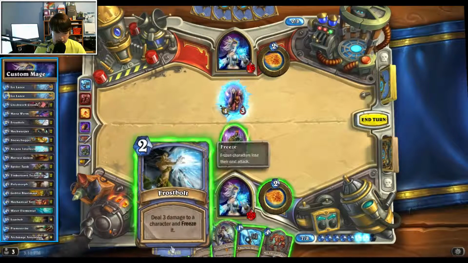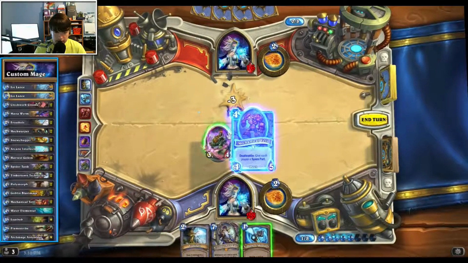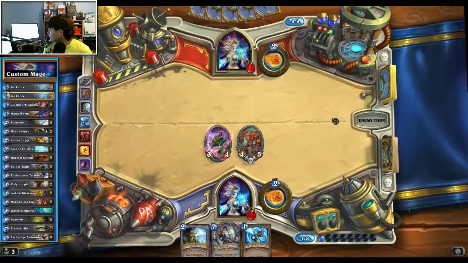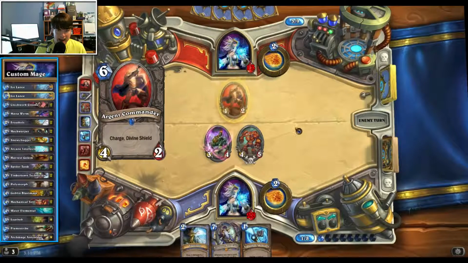Deal 3 damage to a character and freeze it. And we're just going to go ahead and get rid of him there. So basically, you saw me misplay that extremely bad. Hopefully, I'll be able to show you that mechanic here in a minute. So there are no fireball spells in this deck. So by running the Archmage, you get the option to have...